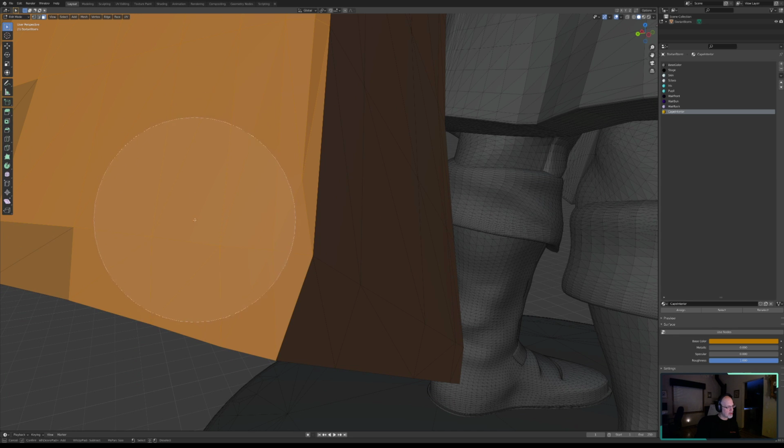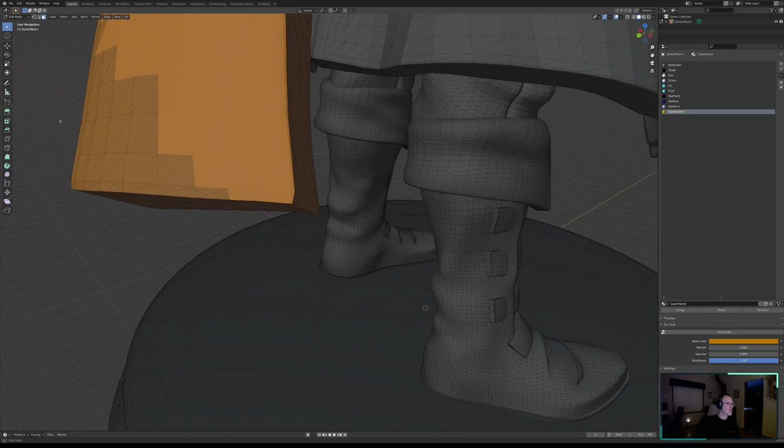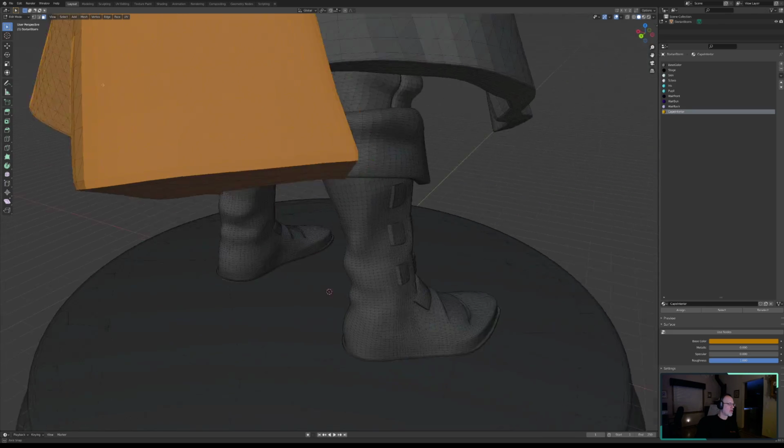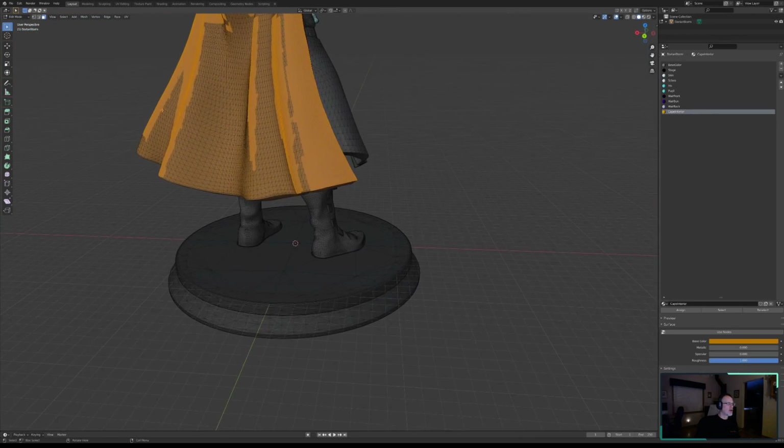All right, and here we come down to the bottom. All right, so I think what we're going to do is we're going to traverse this bottom edge,